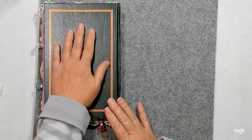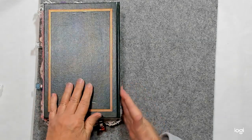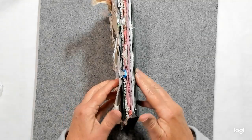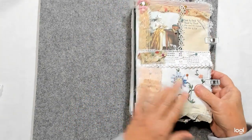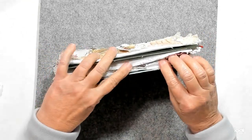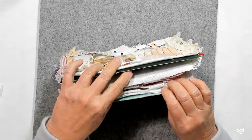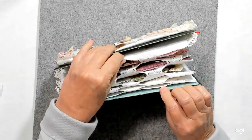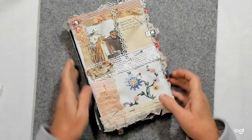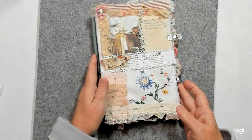I used a book that I had, and I cut the spine off of it, and so anyway, can you see how it works? Yeah. So anyway, I think,